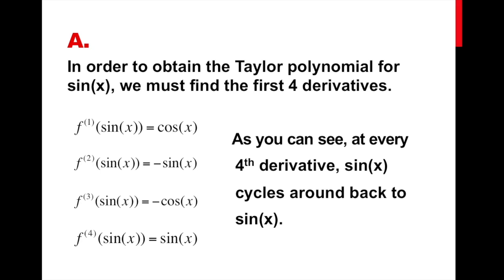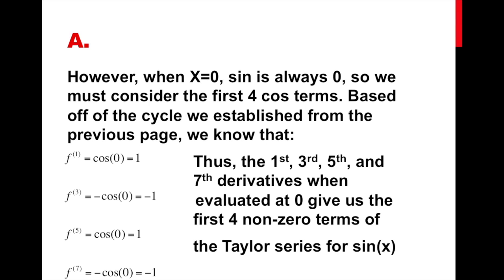And as we can see, every fourth derivative, sine of x cycles back around. So the fifth derivative of sine of x is equal to sine of x. When x equals 0, sine is always 0. So to find the first four non-zero terms of the series of sine of x, we must consider the first